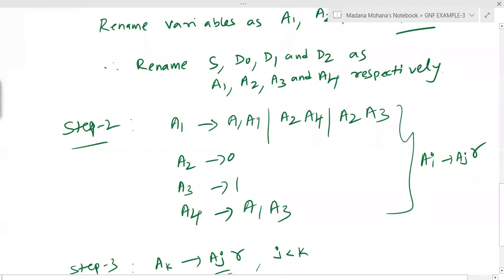A1 derives A1 A1 or A2 A4 or A2 A3. This is not in GNF, whereas A2 derives 0 is in GNF. A3 derives 1 is in GNF. That is, a single terminal is also allowed. But A1 and A4 are not in Greibach normal form. So we have to reduce these